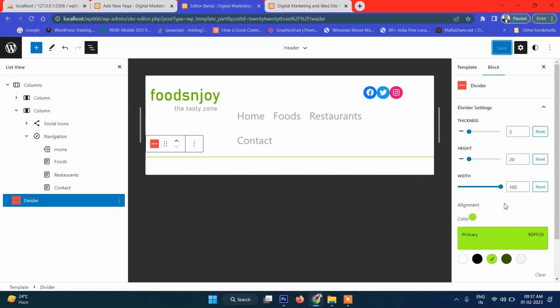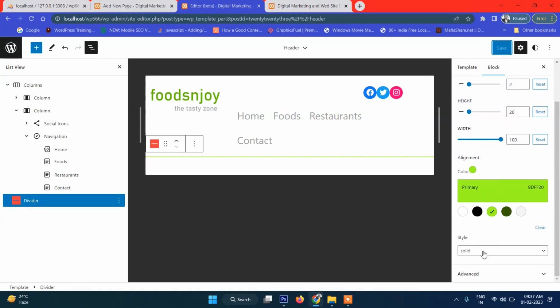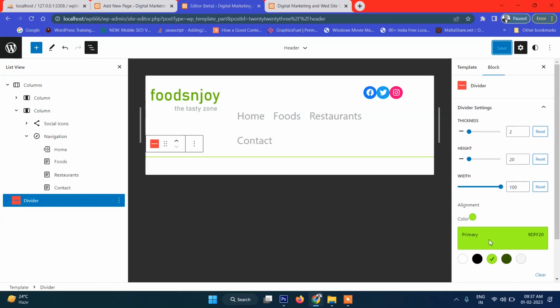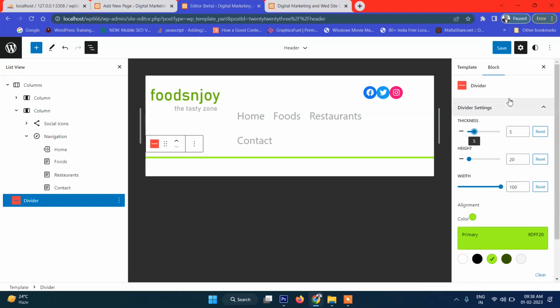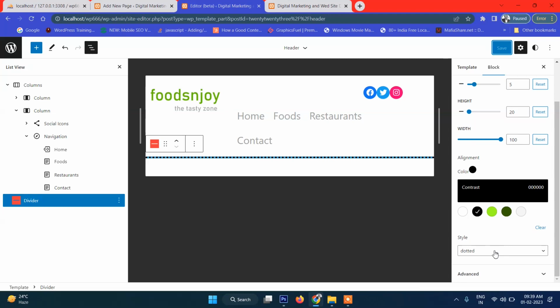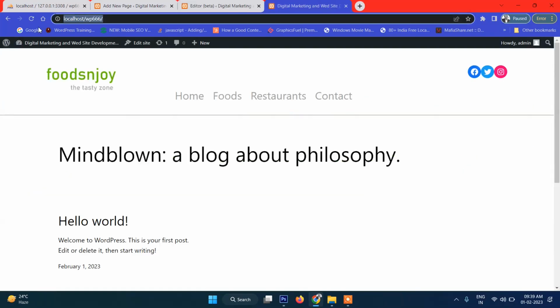And also the style is solid, and height, width, thickness, let's make the thickness more, like this. I don't know why the color is actually not applying somehow. I think this plugin has some problem. That's why the color is not applying here. It is just taking. So let's do one thing. Let's delete this